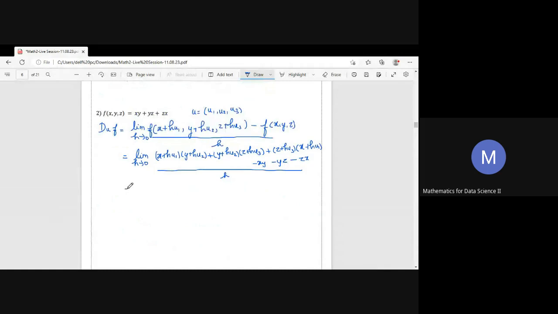Now we have to multiply and expand: xy plus hu1y plus hu2x plus h squared u1 u2, plus yz plus hu2z plus hu3y plus h squared u2 u3, plus zx plus